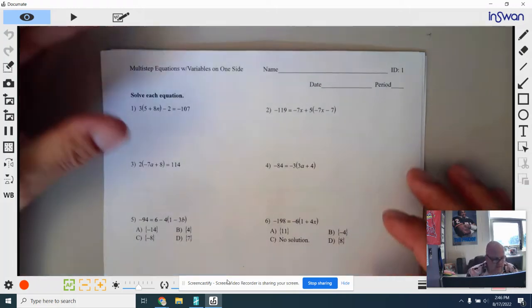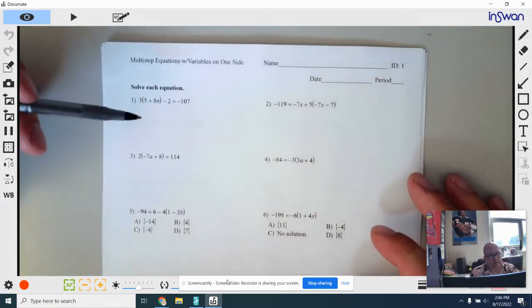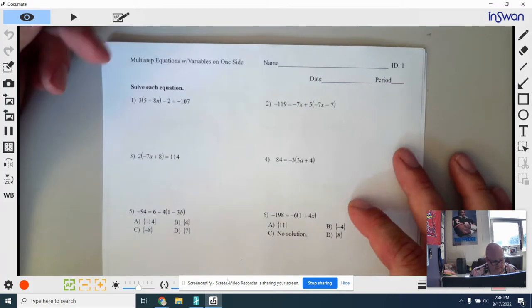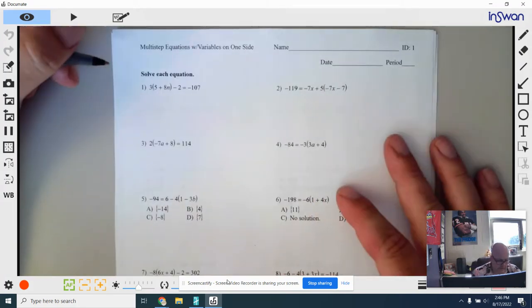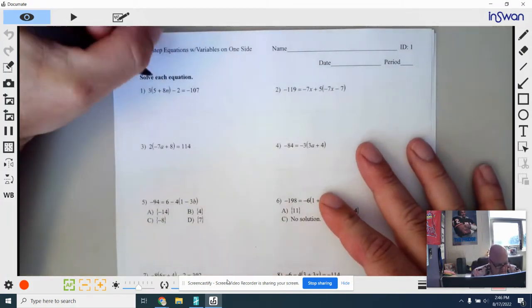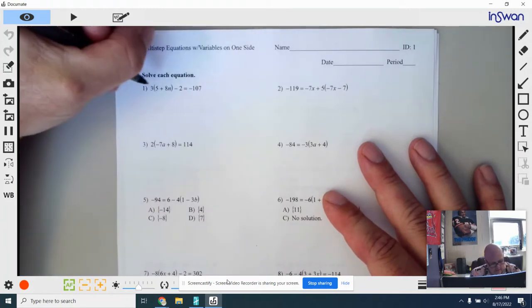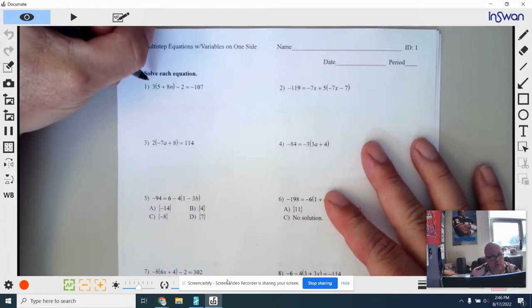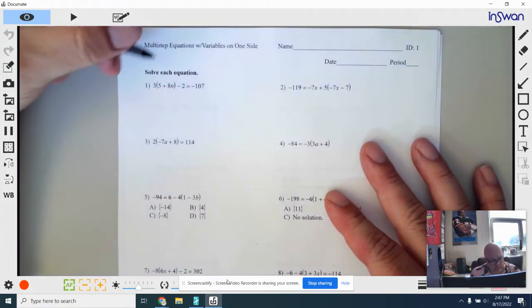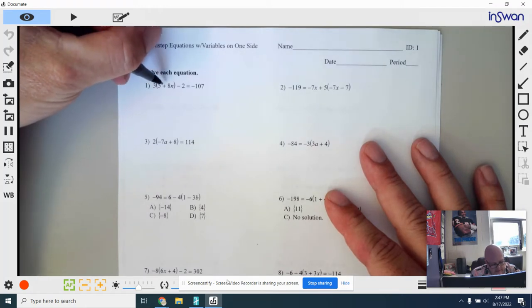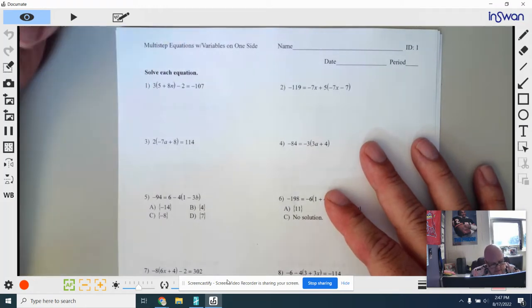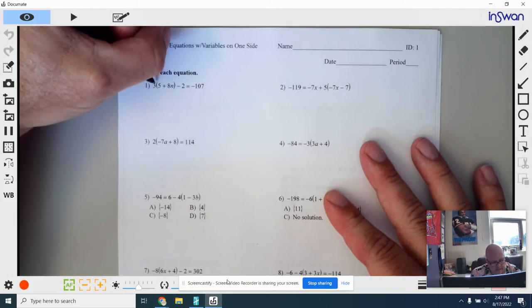All right, guys, for today's lesson, you're going to need this sheet that says multi-step equations with variables on one side. So we're going to start off, and it should be a review for most of you here. If we're looking at number one, I see there's some multiplication going on here. I got addition, subtraction. But what I want to remember, if there's anything that I need to distribute, and that